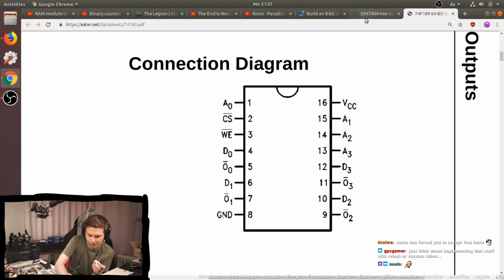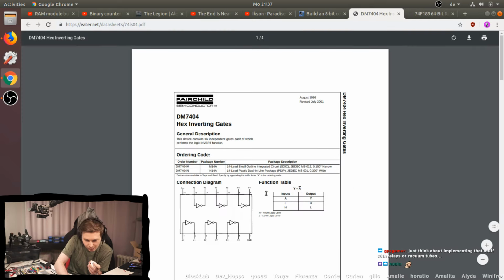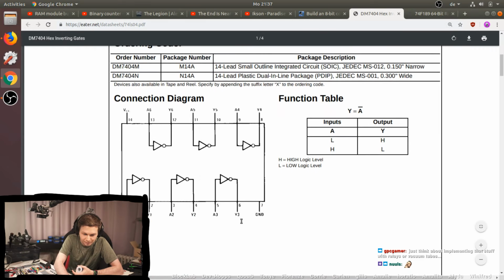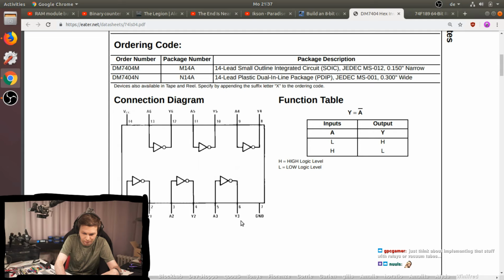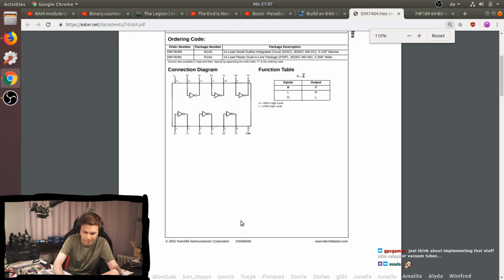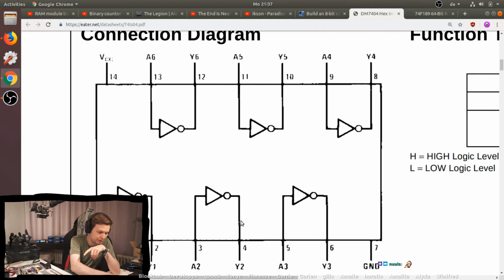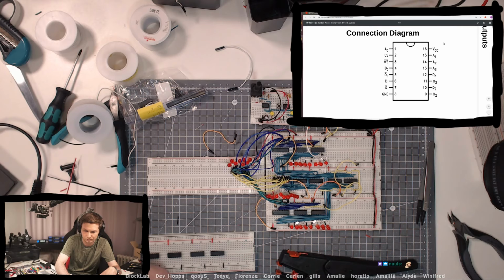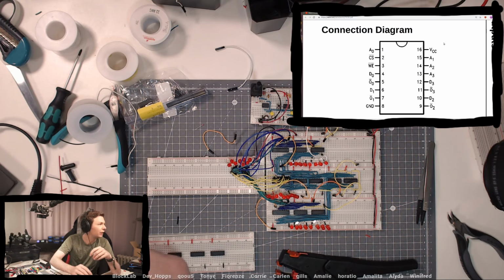Okay, so we connect, for example, the 0 with, and this is the inverter. Oh, so let's use this screen again. Okay, so